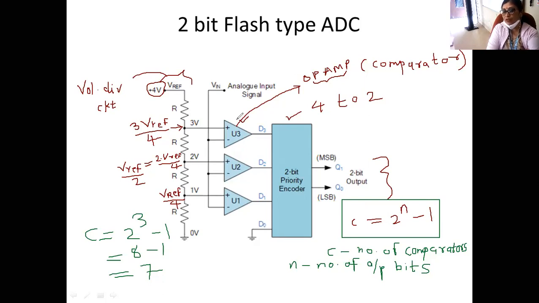Okay. Now, let us discuss the working of the 2-bit flash type analog to digital converter. As you can observe, there are 3 basic components of the analog to digital converter. One is the resistive network, which produces reference voltage for the comparators, another is the comparators, and the third component is the encoder, a 2-bit priority encoder. Now what happens when your input voltage that you are going to convert